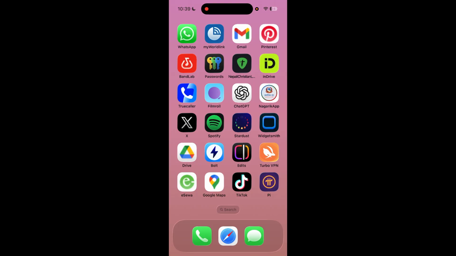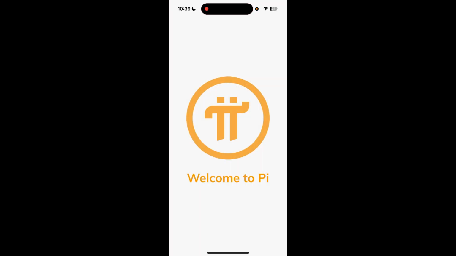by step. The most important thing before deleting is that once your PI network account is deleted, your PI balance will be lost. You cannot recover the account and you cannot use the same account data. So make sure you really want to delete it, and after that open your PI network app here, and